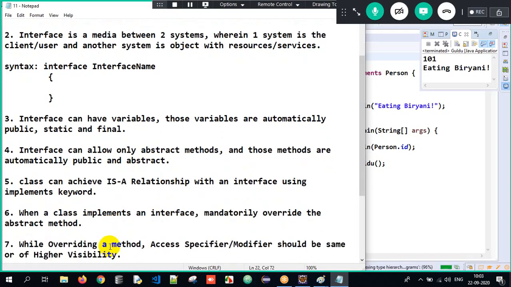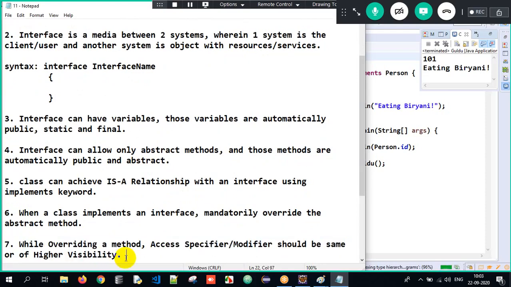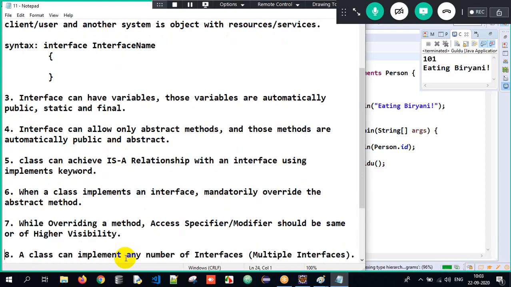So now what is the next point? While overriding a method, the access specifier has to be seen, or it has to be of increased visibility. If there is a default method and you are overriding it, you can retain it as default or you can increase its visibility to public, but you cannot decrease the visibility to private. Got it? So this is what we are supposed to understand.